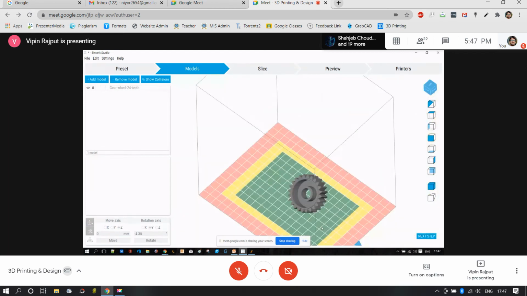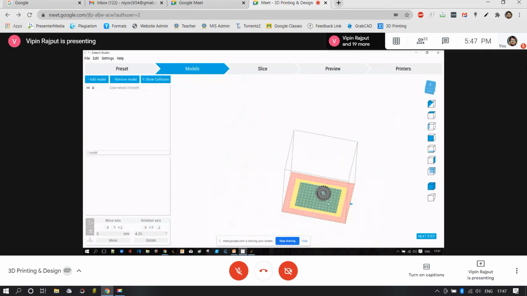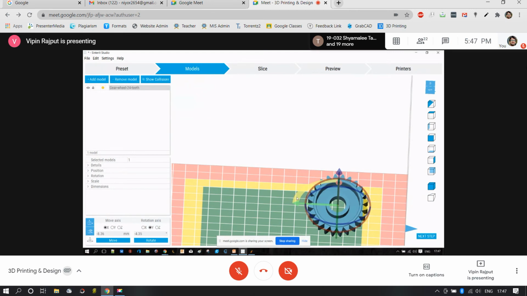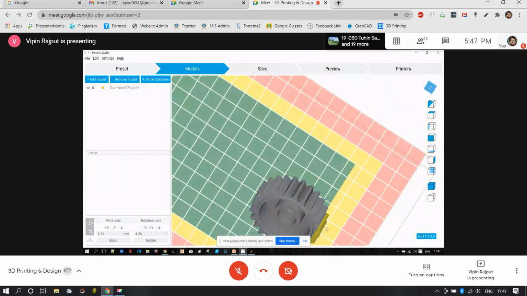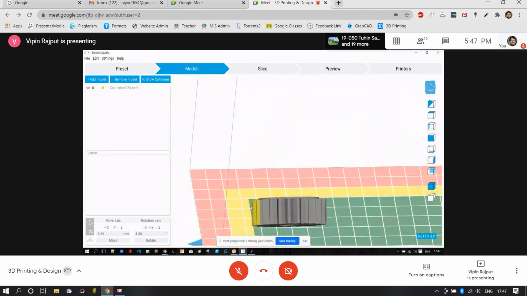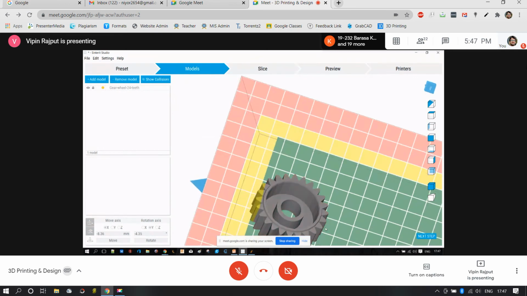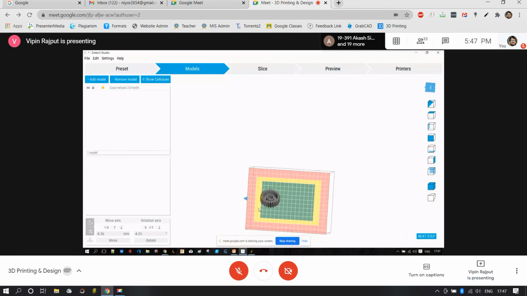Right now, I do have a model that's lying in the green range. That means it is printable. But if our model was somewhere near the yellow range, see how the software will signify it to us. When we zoom over the model, it will show us that one of the edges of our model is lying in the yellow range. Further, these teeth will be formed the way they are designed, but the teeth which are actually in the yellow region may experience some kind of deviations or dimensional inaccuracies.